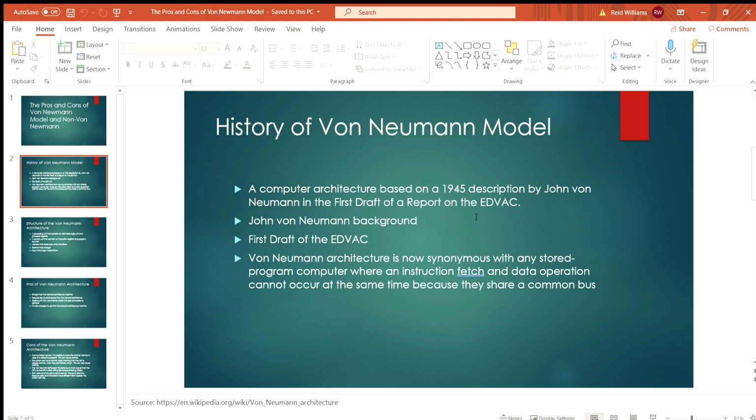The history of this von Neumann model is, I thought this was interesting, and I think there's a little bit of debate on who actually came up with it, at least from whatever I was able to find. But it's based on an architecture design description in a 1945 first draft of a report on the EDVAC,